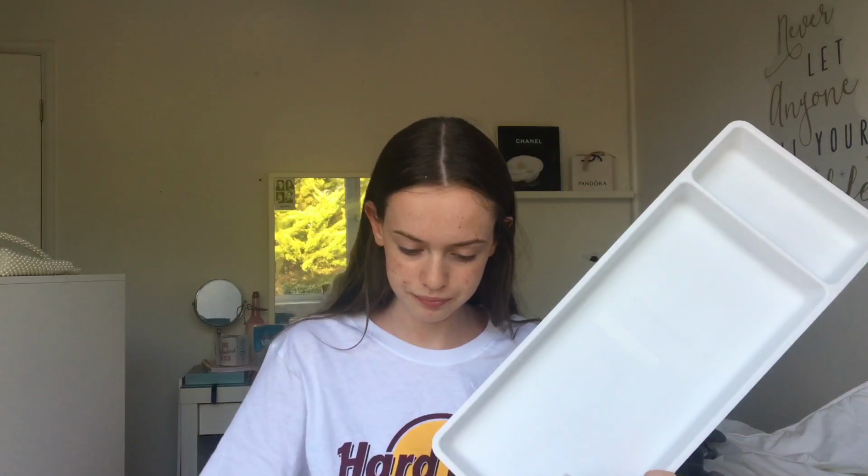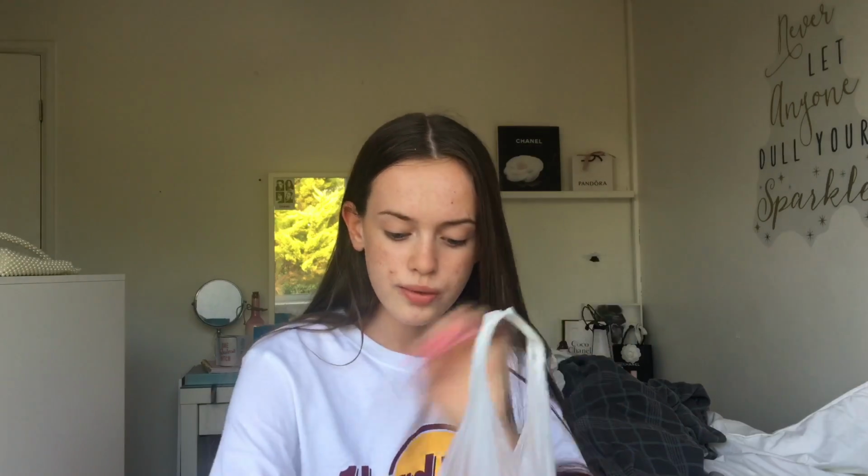And then I got an organiser for one of my wardrobe things. Everything was like £1 or £2, so it was quite cheap. And then I got 3 of these little organisation pots, which are really handy for organising things. I think it was like £1.50 for all of them. And then I got loads and loads of